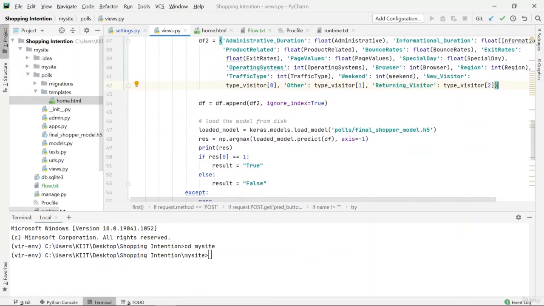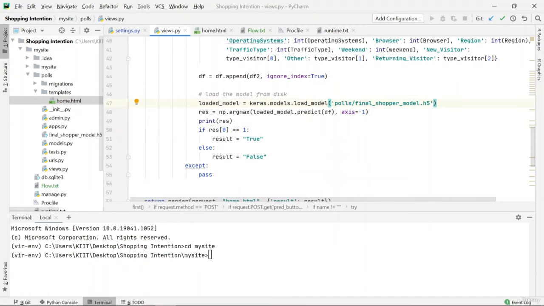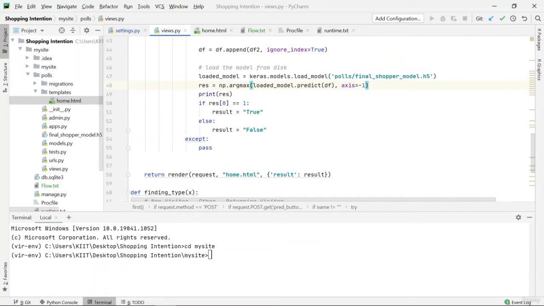And then you can see that there's a load model, which means I'm loading the deep learning model that I built in the first part in the Colab, and now calling that model and using the predict function to predict the outcome for the data that I have input from my HTML home page. So I'm using the model, I'm using the prediction function, and last I'm storing the result.